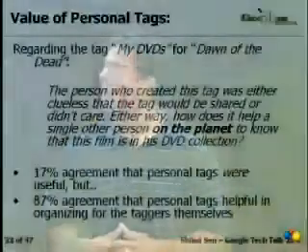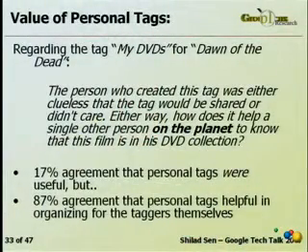All right, here's the last class of tags, personal tags. I'll let you read this quote. How does it help a single other person on the planet? I mean, this user really didn't like this particular tag. And he wasn't alone. This sentiment was shared by many other users. Only 17% of users thought personal tags were helpful. But again, we see this imbalance between the value to the community and the value to the tag creator.